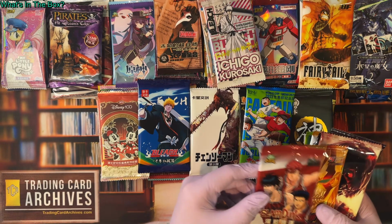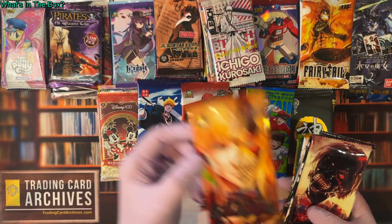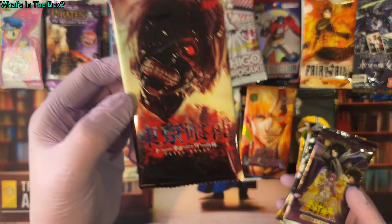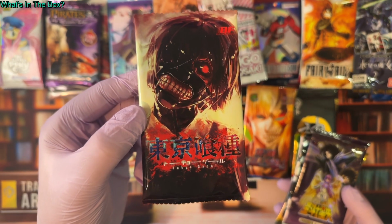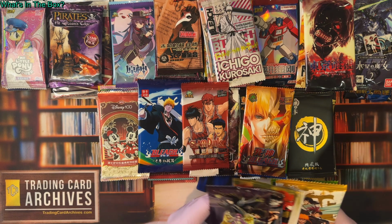Awesome set of cards. Here's Slam Dunk. Little Frog made a Slam Dunk set. There is more Bleach. I told you I got a lot of stuff. This is Big Face Studio again. That's Tokyo Ghoul. Very scary cards there. Here is,